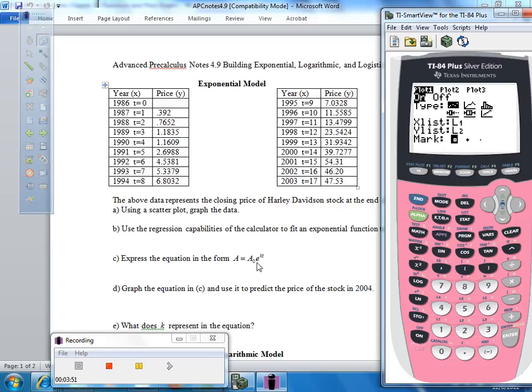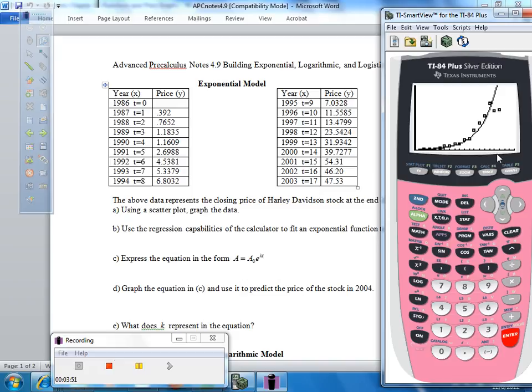Express the equation as A equals A0 e to the kt. Graph the equation and use it to predict the price of the stock in 2004. 2004 would be year 18, right? So you could go second Calc, go to value, and put in 18. If you hit enter, it will tell you the price of the stock in